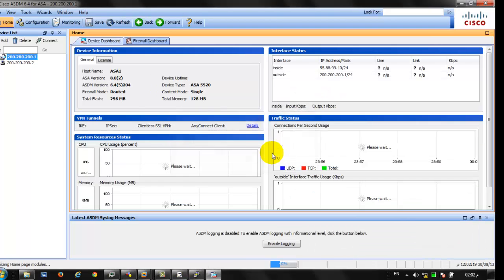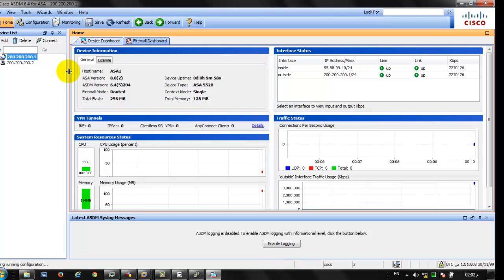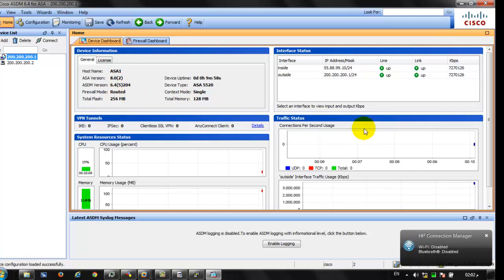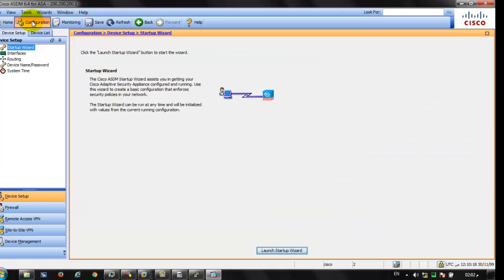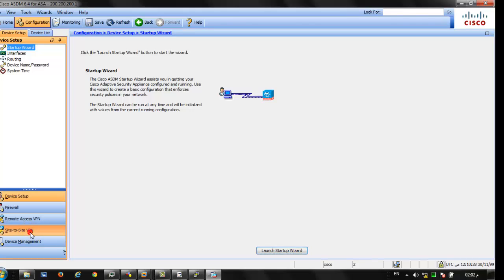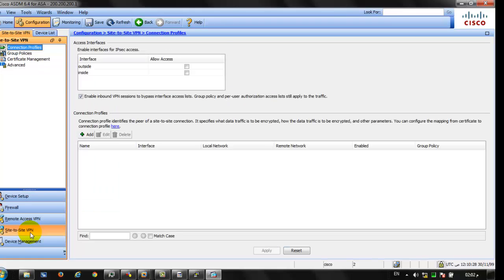Yes, now we are inside the ASA1. Here you see this is the host name, ASA1, ASA version, routed firewall here. Okay, now we are going to configuration here. You see here we are going to use site-to-site VPN. The first thing we are going to configure